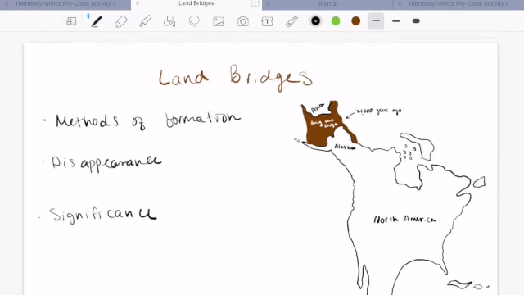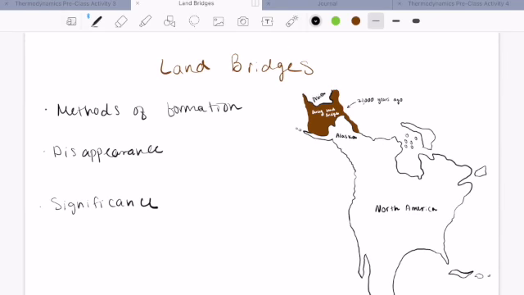So the Bering Land Bridge existed from about 25,000 years ago to 10,000 years ago. These figures I've drawn are of those time periods, but they're all sort of labeled with their time. All right, so first, it's important to talk about